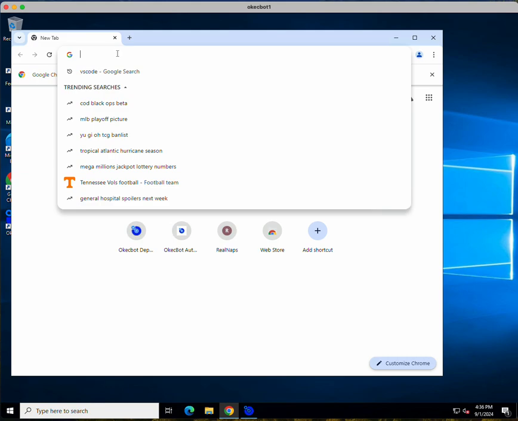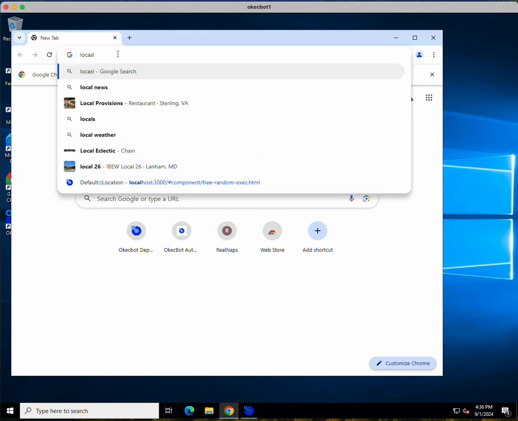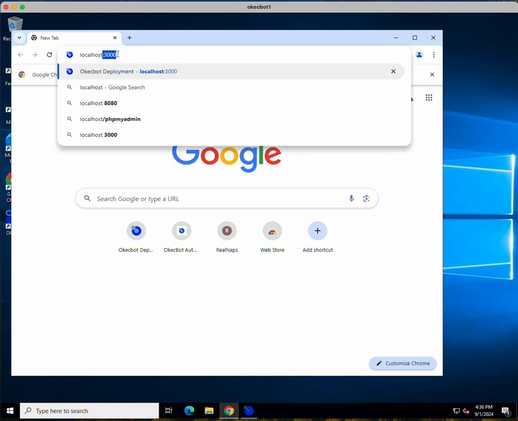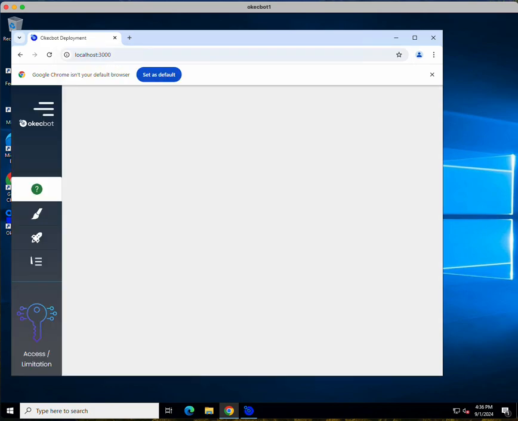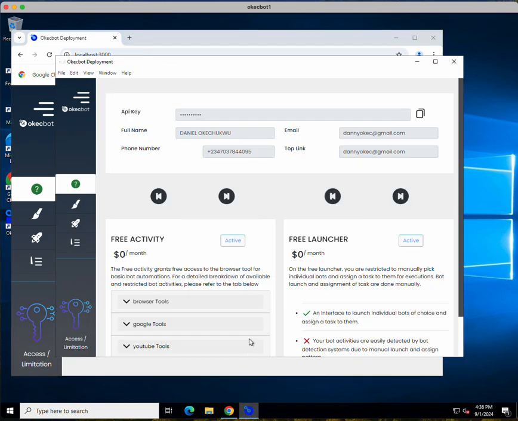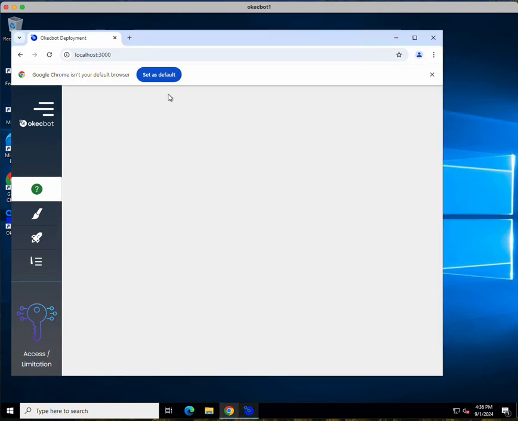It is called localhost. After typing localhost, put a colon and type 3000. What you're currently seeing right here is the same software over here. But the major reason we have to use Google Chrome to run it is because we can drive traffic from